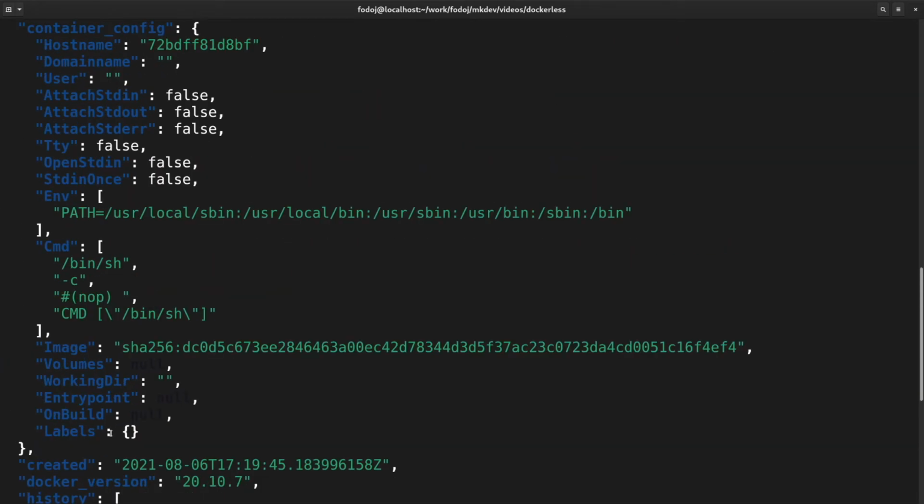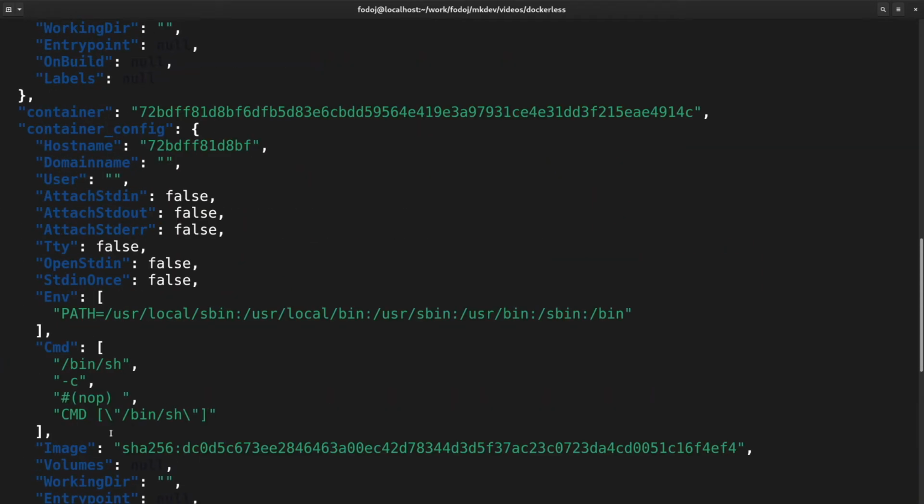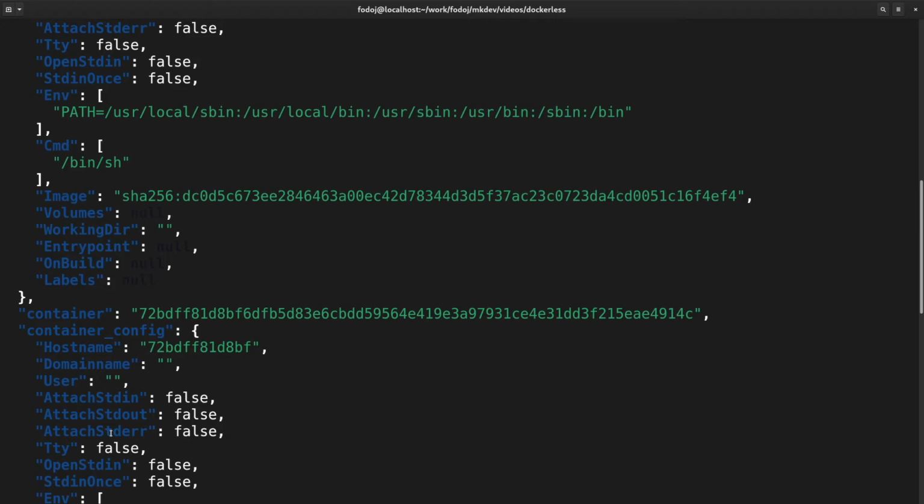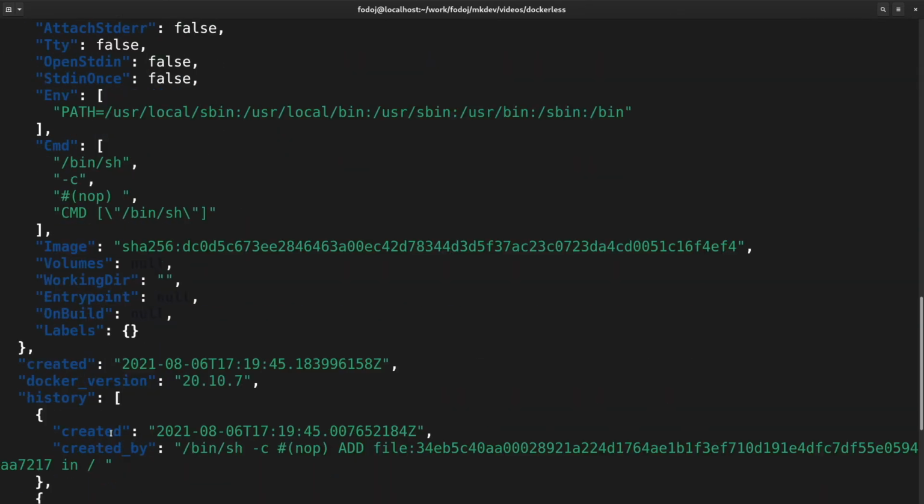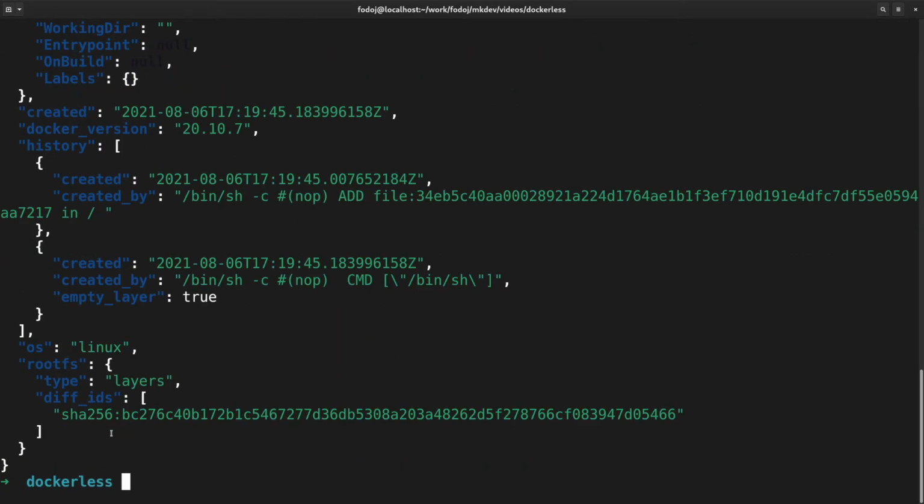This structure is something very specific to how Docker stores images, but because big parts of the OCI standard originate in Docker, we can easily convert images from Docker format to OCI format. It's just another Skopeo command. In the next video, we will look at the OCI image spec.